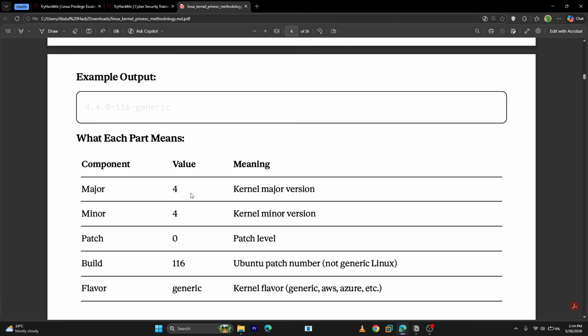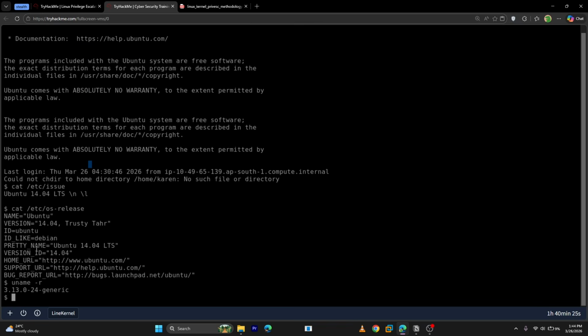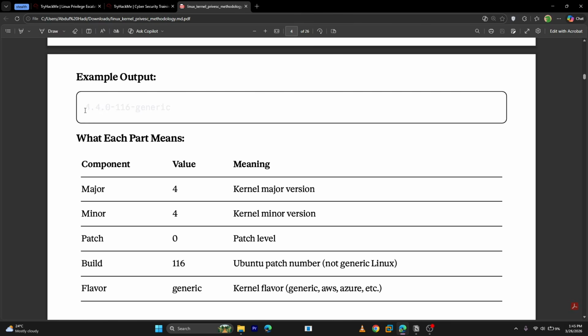So this is the same thing, but the version differs, and I will explain what this means over here. The first number means the kernel major version. So four times major development has been done on this kernel, so that's why I think it shows 4, and here it says 3. This means that this kernel has been majorly updated 3 times, where they added some features and fixed things. So this one simply shows major development. This one shows minor, small stuff, and this one shows how many times this specific version has been updated